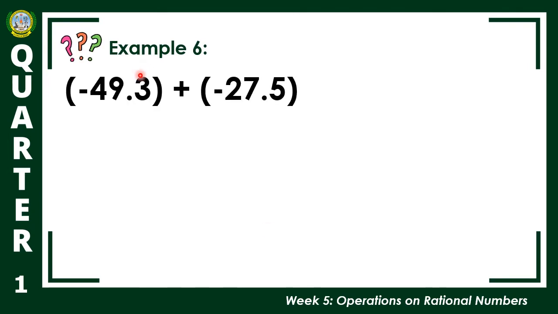Last example for addition and subtraction. So, we have here addition po ulit ng dalawang negative. So, ang rule po natin when we are adding numbers having the same sign, we are going to add the numbers and copy the sign. So, meaning, i-add natin yung 49.3 and yung 27.5 and simply reflect the sign. So, since pareho silang negative, negative pa rin yung makukuha nating sagot. So, take note of that. So, i-add na po natin